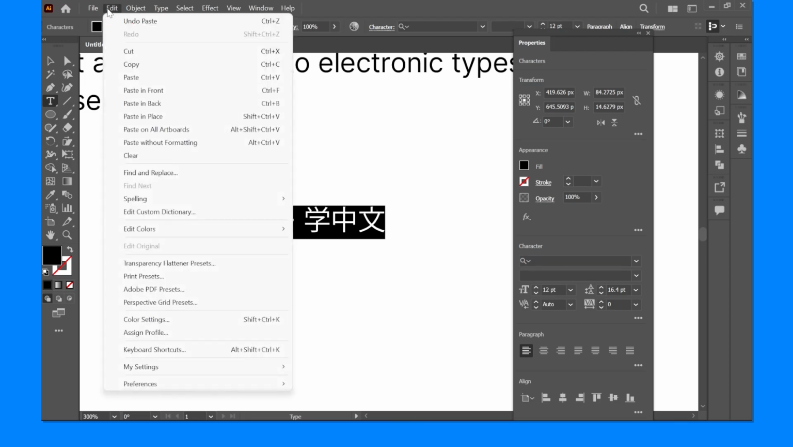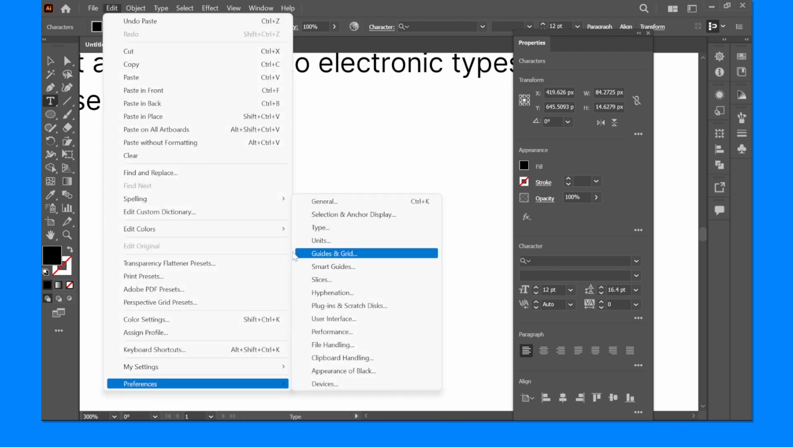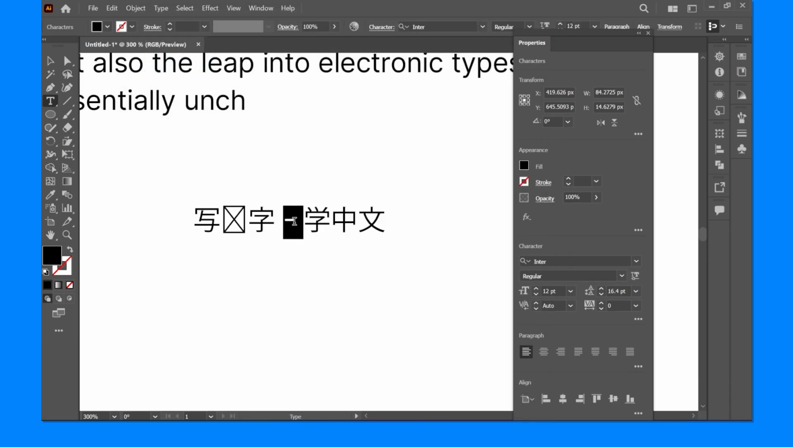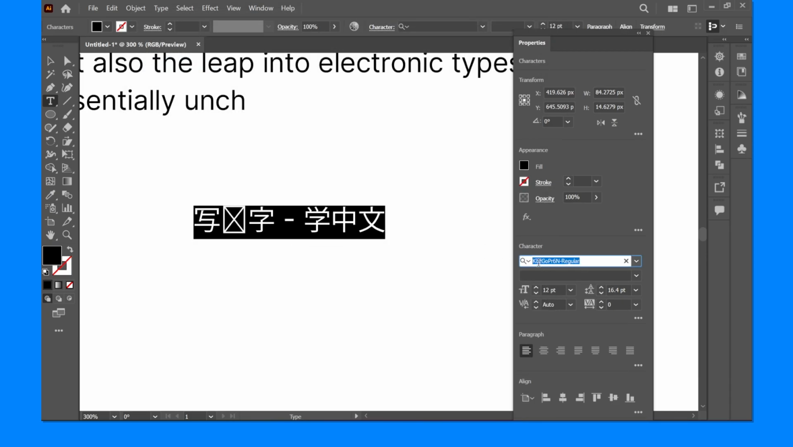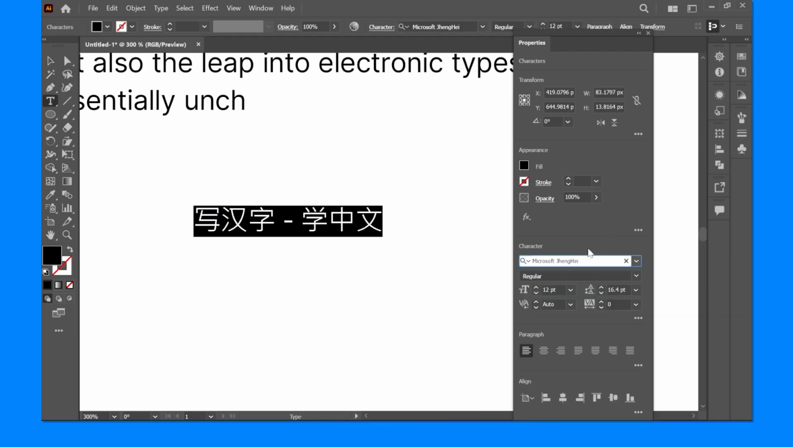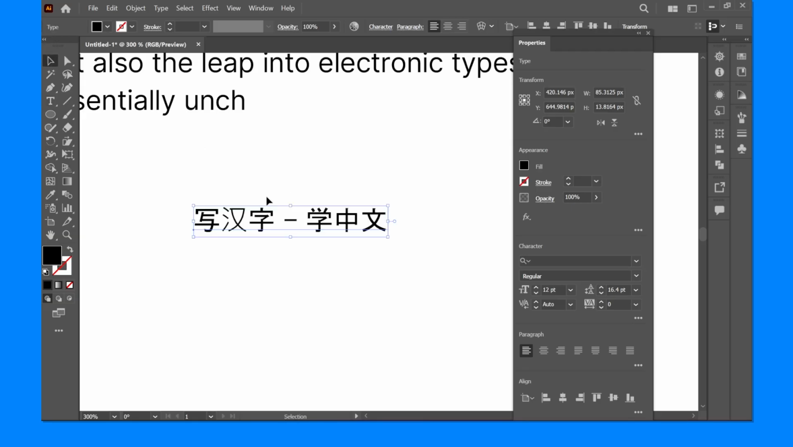So go to Preferences and under Type, check the option called Show Font Names in English, and that will show the fonts in English. What is this font? Is it this one, I guess. So I have this font. As you can see, when I change the font, the missing characters came. But anyway,